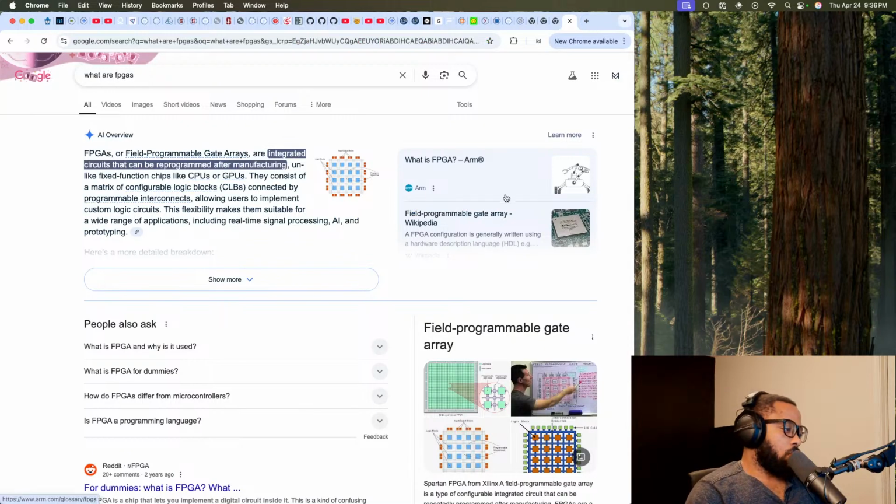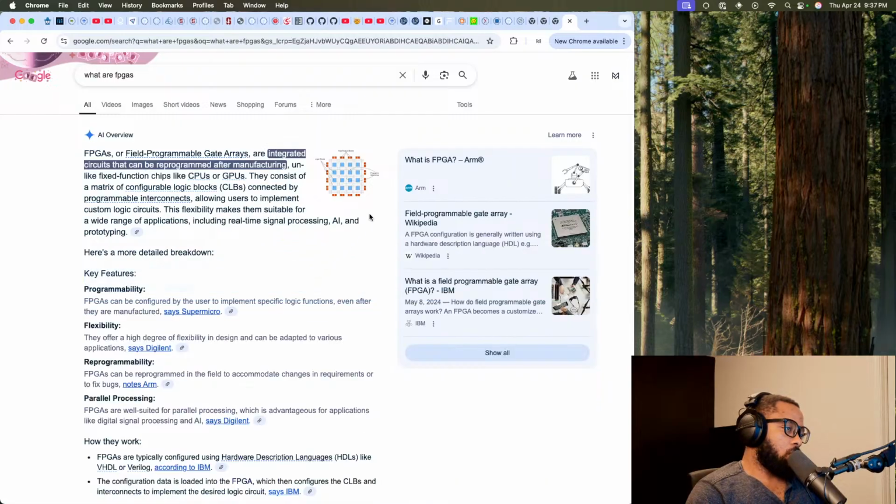But is the programming of the hardware... okay, let me just read. Okay. So yeah, it's not a way to program onto CPUs or GPUs. They're all their own thing.